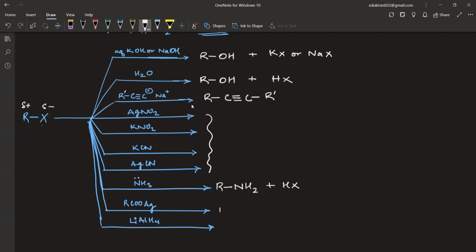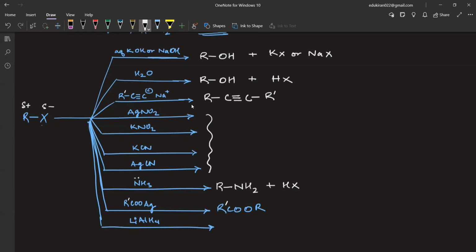You will get, यहाँ पे भी R dash लिख देते हैं. You will get R, which will be bonded with oxygen. It will be further bonded with carbon, double bond, and R dash like this. Okay. तो इसको आप ऐसे भी लिख सकते हैं. Rather than writing it like this, you can just write R COO R dash. ठीक है? No, wait a second. This R will not be having dash. This R will be having dash. R dash COR and then the alkyl group.